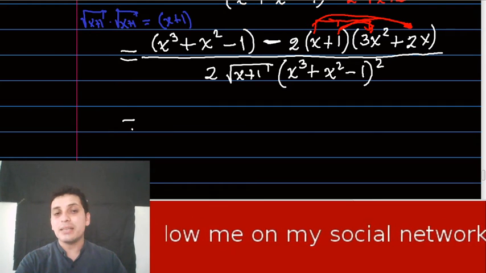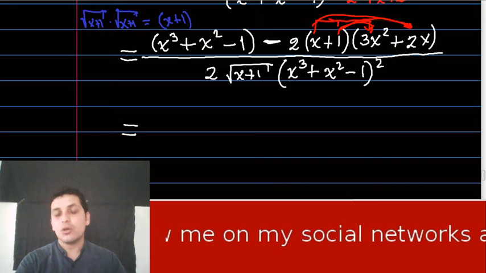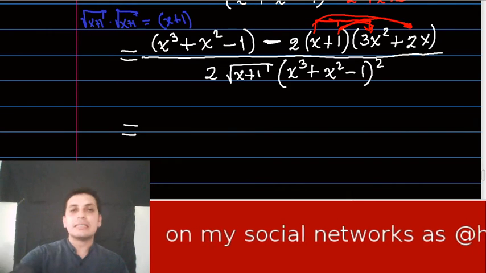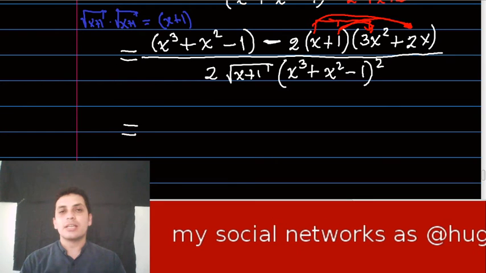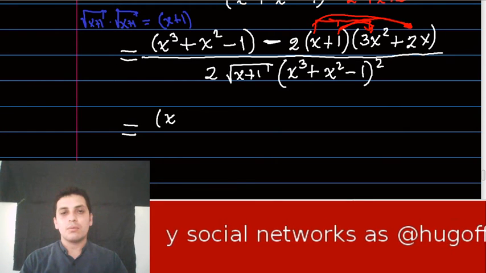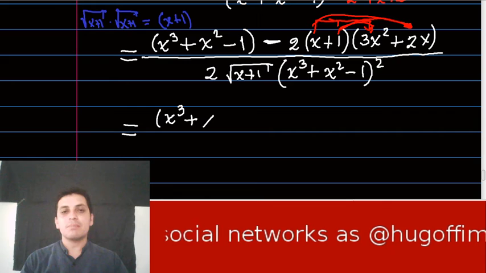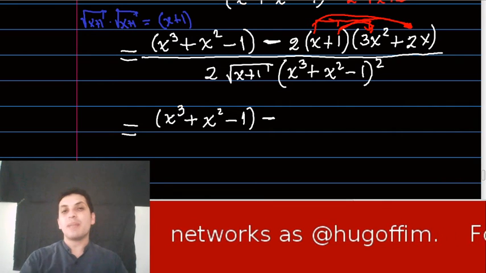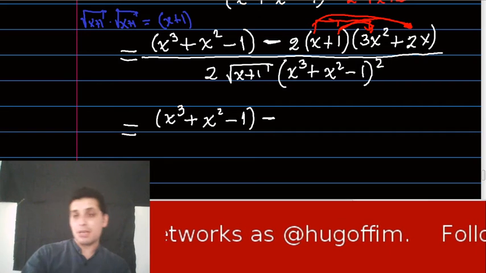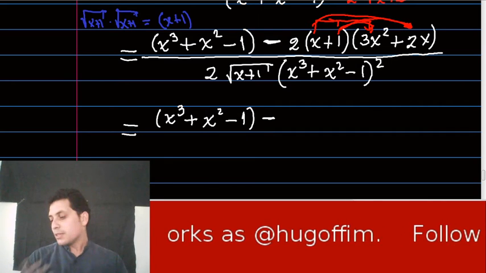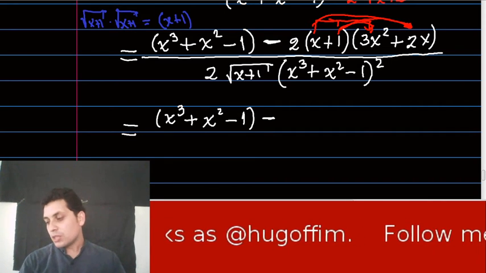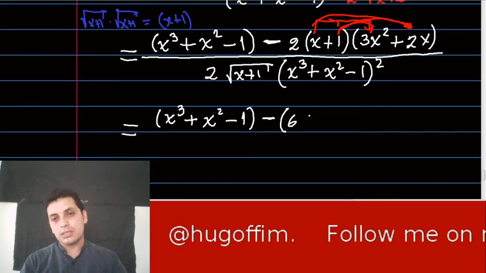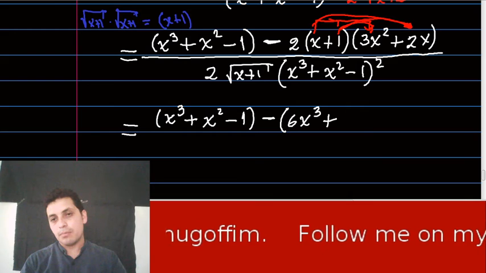So my hint, I'm not going to get bored of telling you to do it step by step, because you know it's going to take us time and we want to finish this math thing quickly. So we're just going to multiply. You can do it at home, pause the video and do it step by step to see what the result is. So essentially what we got is this, minus 6x cubed plus